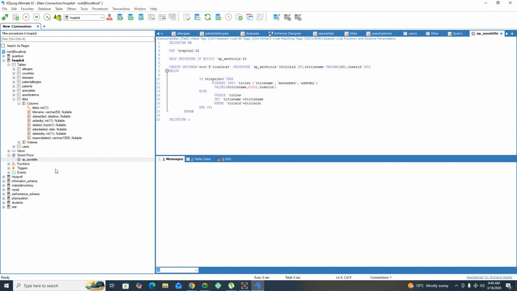So I'll come here and say, if not exists, select all fields from titles where the title name is equals to the title name that are provided and it is not deleted. If that is the case, then do the following. Then otherwise,